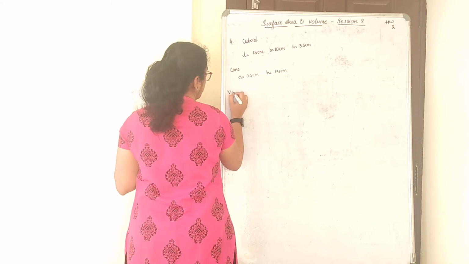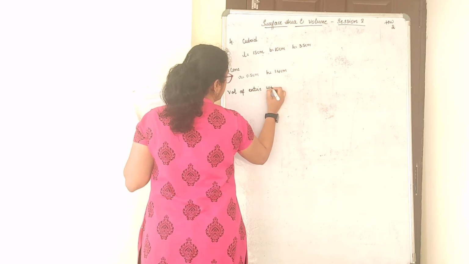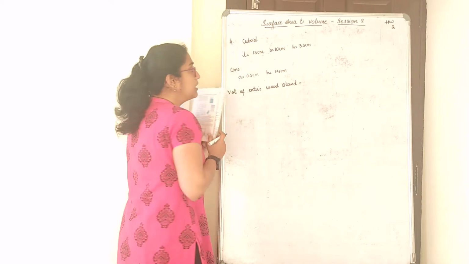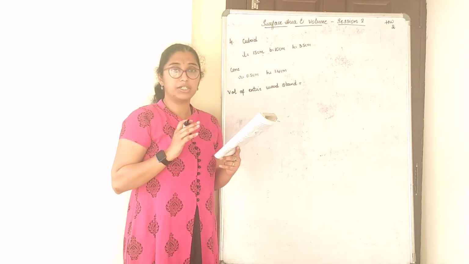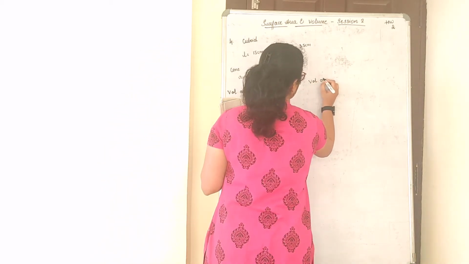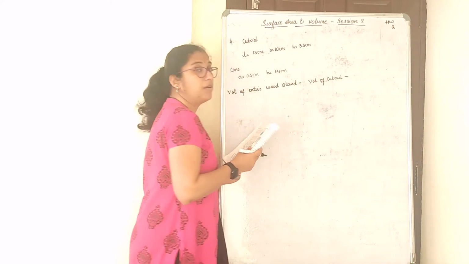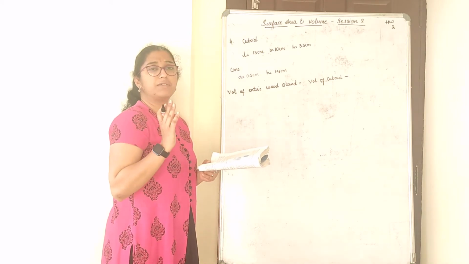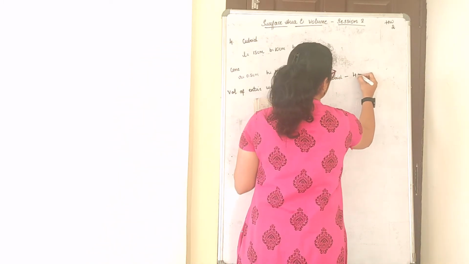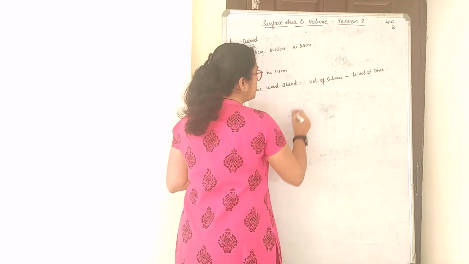So volume of the entire wood stand is equal to the total volume of the wood stand. If I have to find how much it would be, it would be volume of the cuboid minus volume of the conical depressions. That will give me the volume of the wood stand, because I subtract these two. But how many conical depressions? Minus 4 into volume of the cone, or conical depressions, you can write.